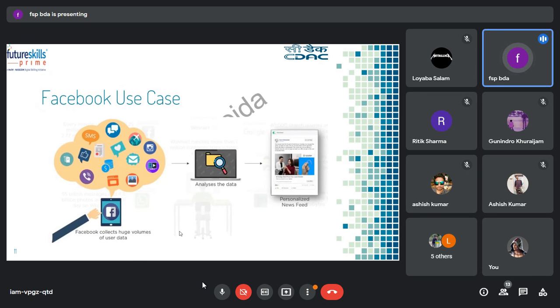Another is facial recognition. If someone has used it recently, if someone adds one picture, it automatically suggests whom to tag. How is it suggesting whom to tag? It will see how many people are there in your image. Then it will try to resemble that image with other images in their Facebook profiles.